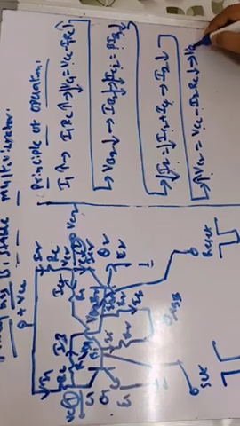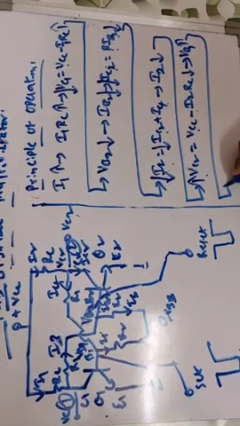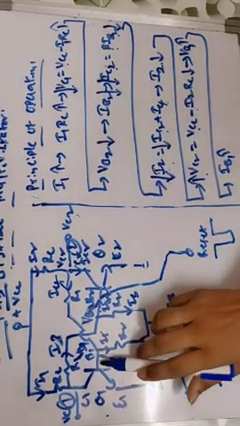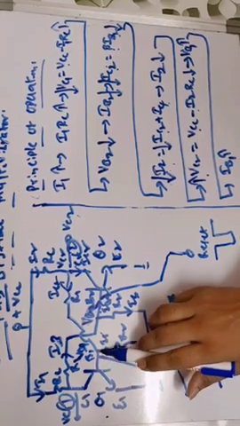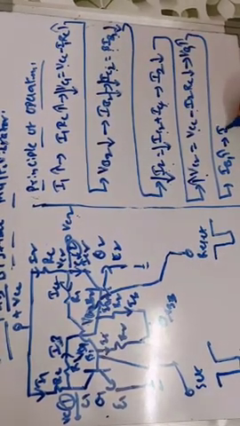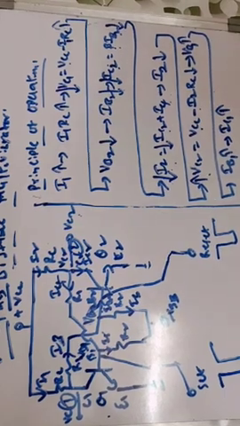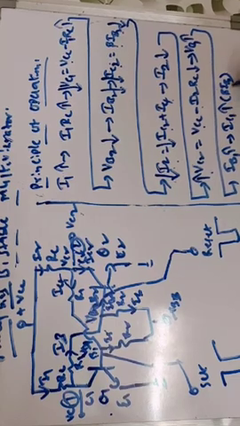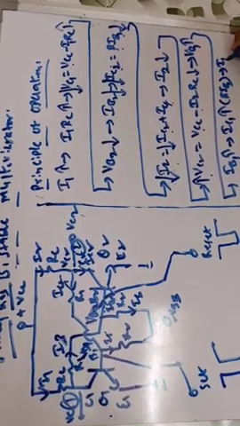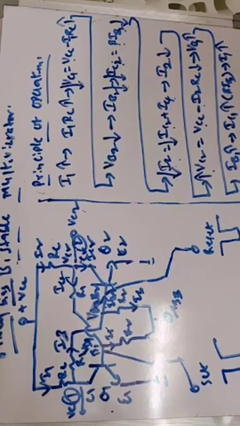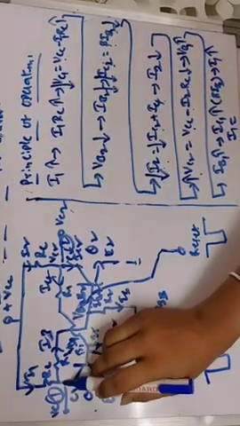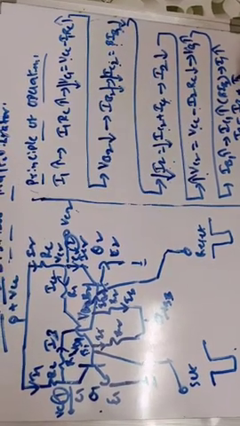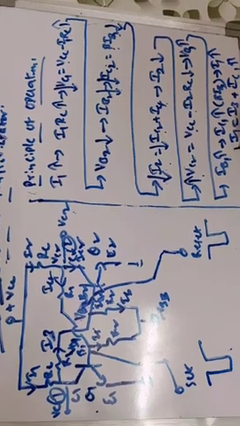Therefore VB1 increases. As VB1 increases, what happens to the base current of the first transistor? IB1 will also increase, because the base current is produced because of the base voltage. As IB1 increases, the collector current of the first transistor, IC1, increases, because IC1 is beta times IB1. As IC1 increases, what happens to the current I1? I1 will also increase, because at node 1, if you apply KCL, I1 is a combination of two currents, I3 plus IC1. As IC1 increases, I1 increases.